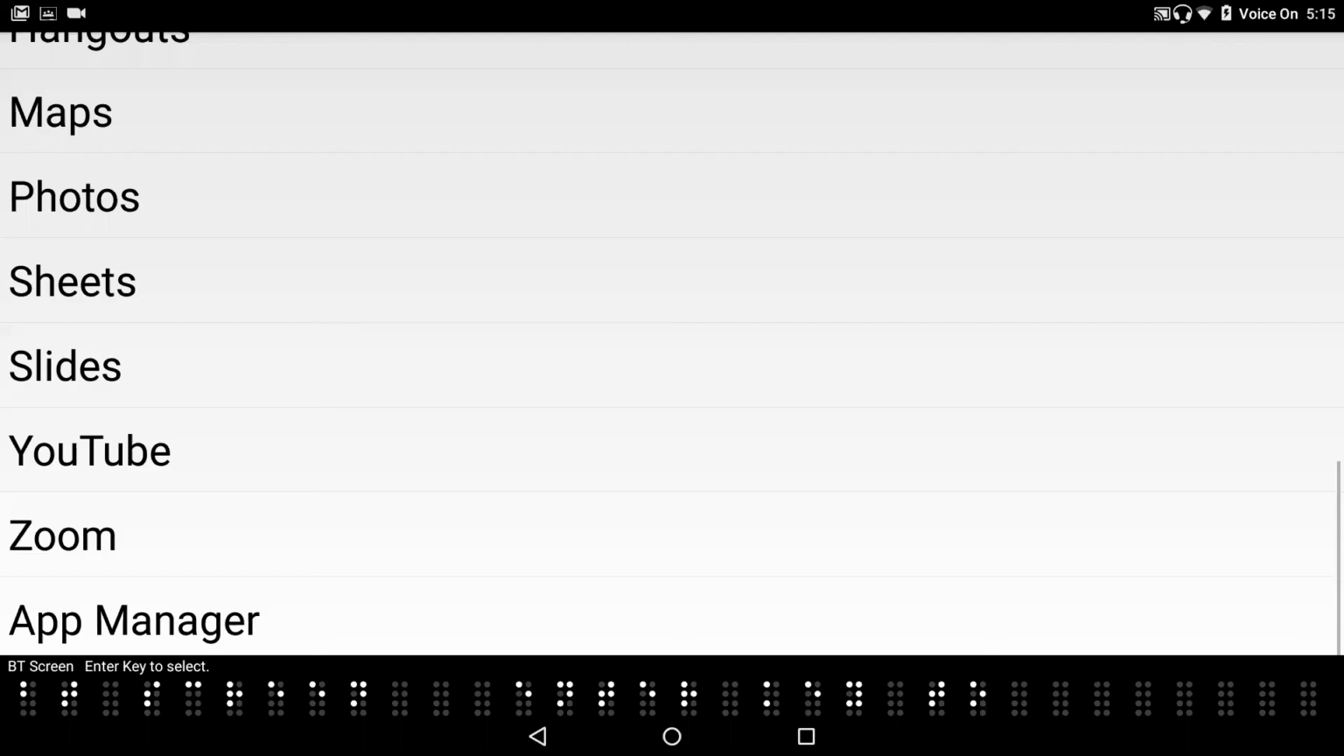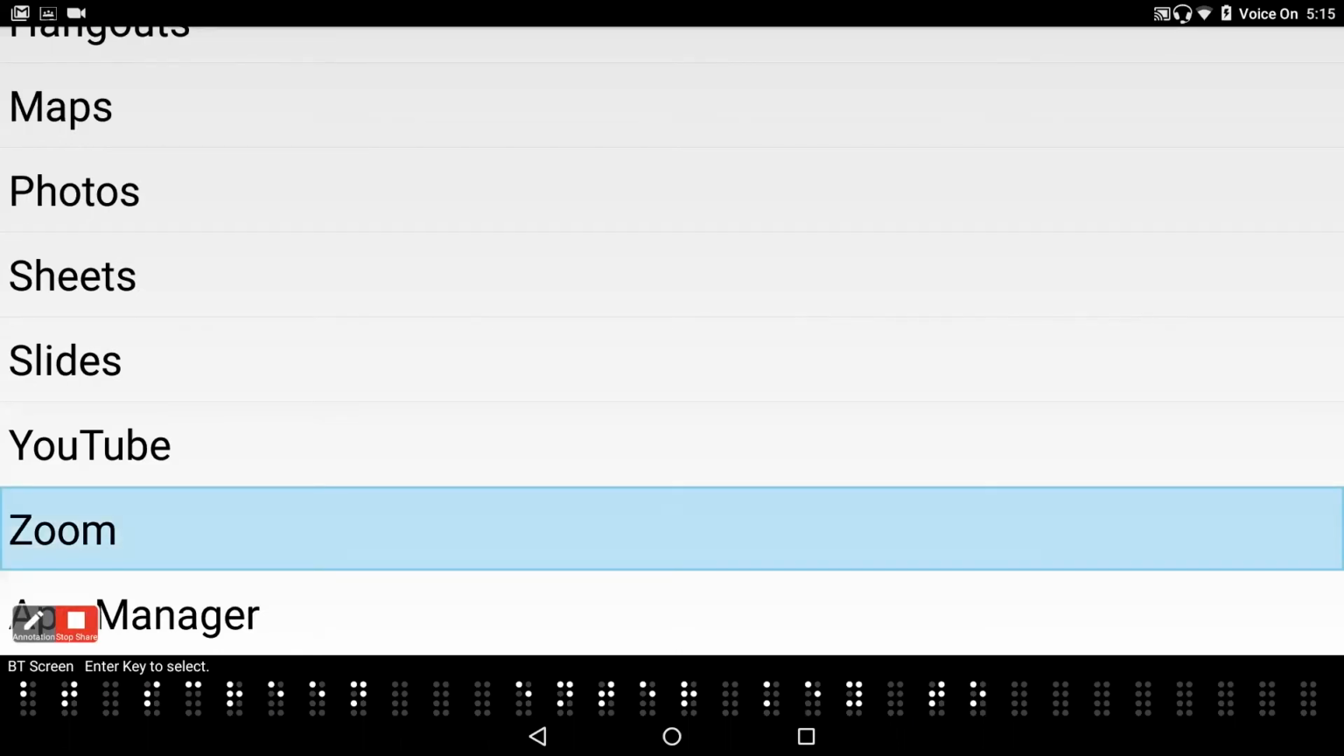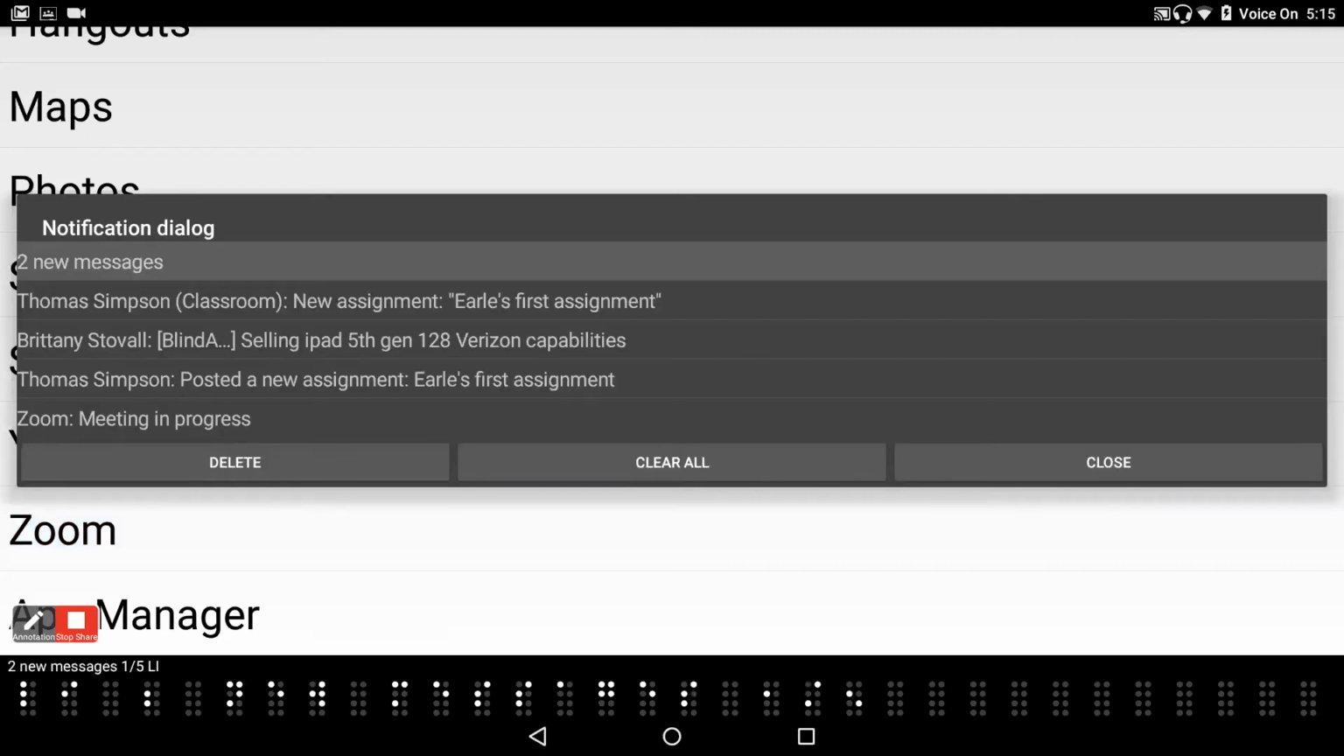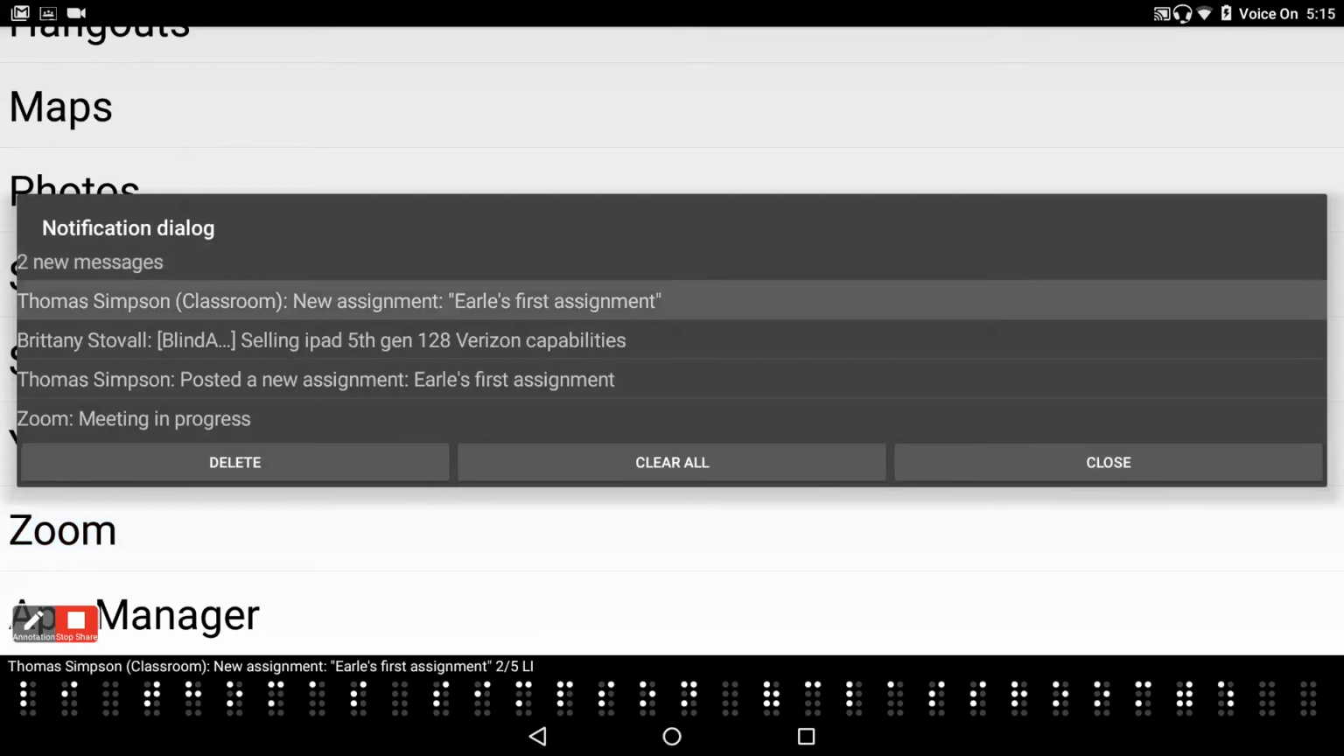Zoom. Okay, so you stopped screen sharing. I've started my screen share. Perfect. And you're seeing my screen now. And I did not get the notification for some reason, Thomas. Let me check my notification area by pressing space with dots 1 through 6 on the keyboard here. New messages, 1-5 list item. Thomas Simpson, classroom, new assignment. Earl's first assignment, 2 list item. So I'm just going to go ahead and press enter on that